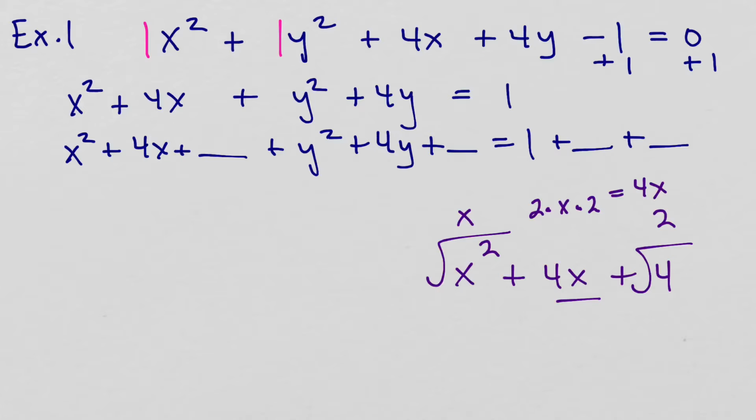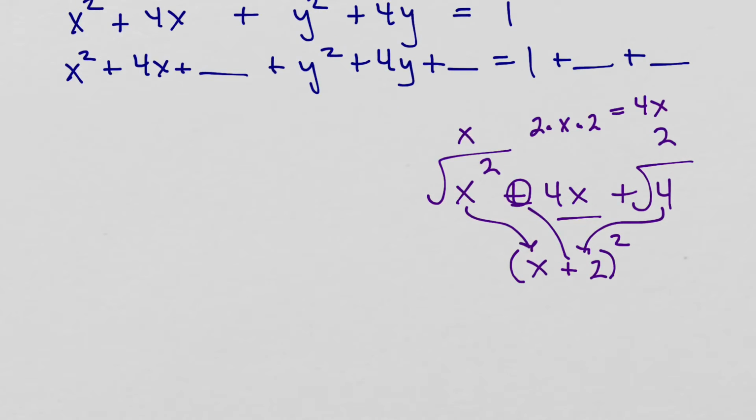If that's the case, then this is a perfect square trinomial, and the factored form looks like this, where the first part of our factor is x, and the second term in our factor is 2. And then this sign will go right here. Now you might recall this, but the reason this is true is because if you take x plus 2 squared,